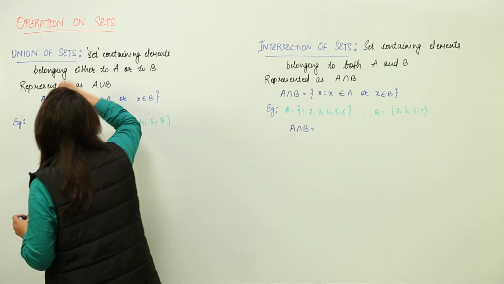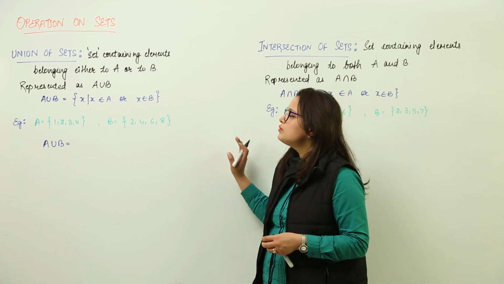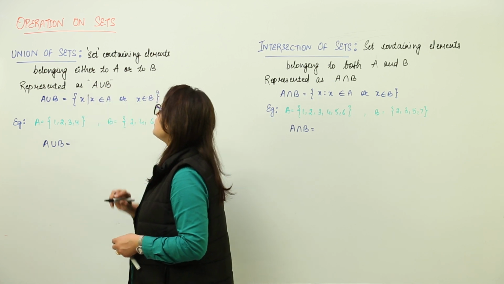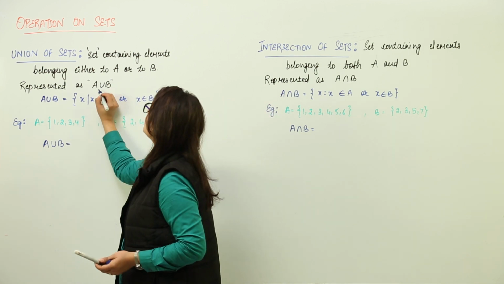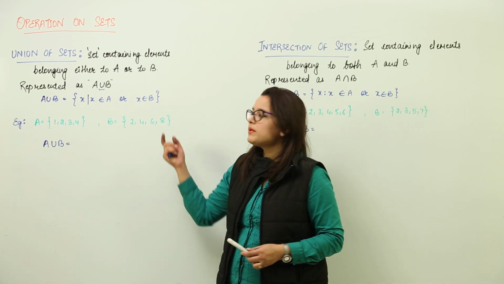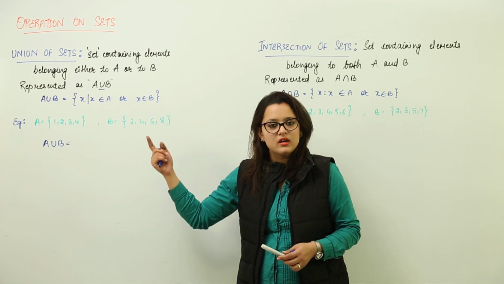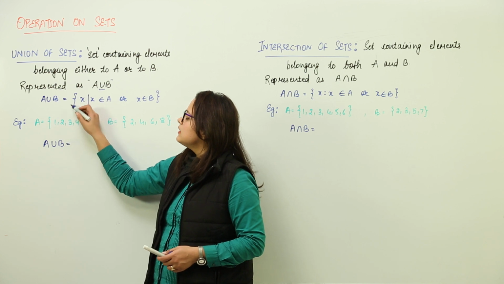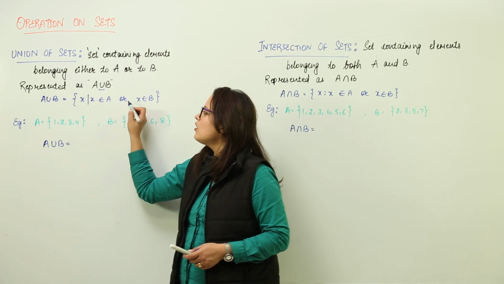specifically which contains the elements belonging either to A or to B, and the union of sets will be represented as A, this is the sign of union, B. That means the elements which will be present in this set A union B are going to be either part of A or part of B. Now this is represented as they are going to contain element X such that X belongs to A or X